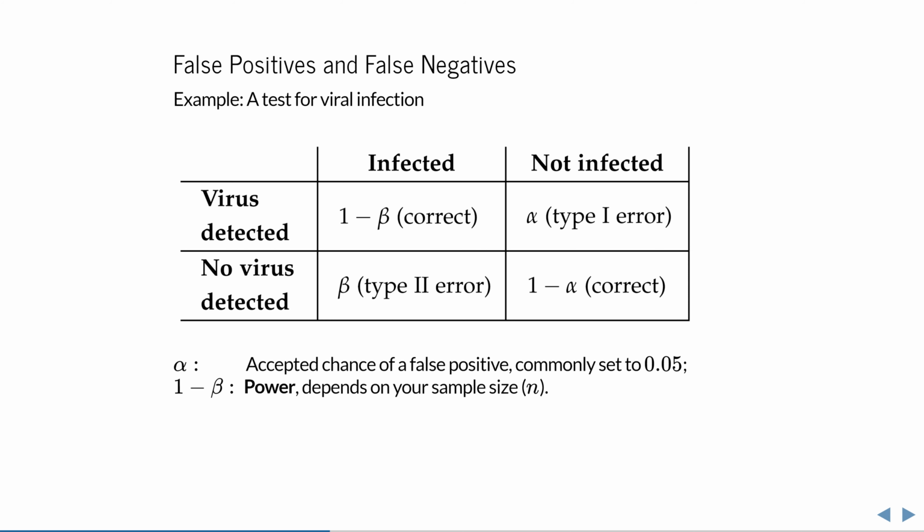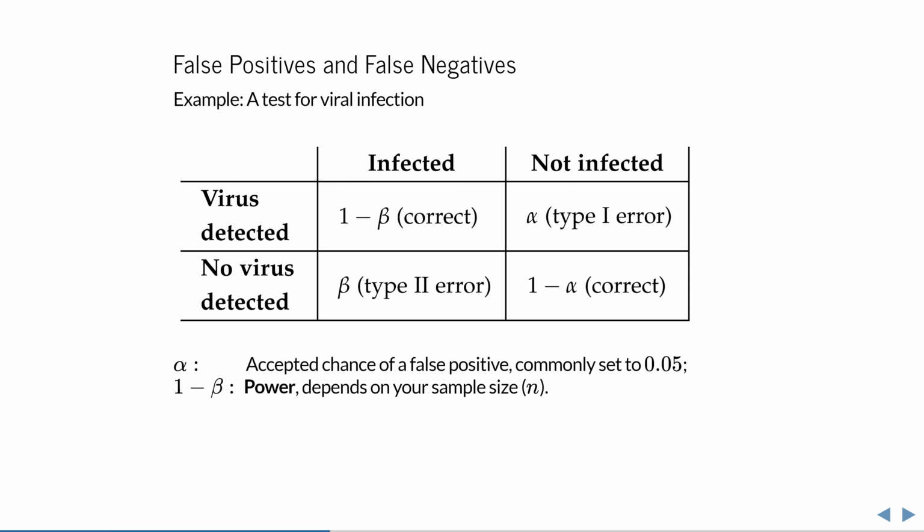Of course, there's nothing magical about this number, and you can choose whatever value you think is appropriate as long as you do so before seeing the results of your experiment. If you're very worried about false positives, set alpha lower, like 0.01 instead of 0.05. If a false positive is not much of a problem, you can retain power by working with a higher alpha, like 0.1 for example. So that's how you limit the chance of a false positive.